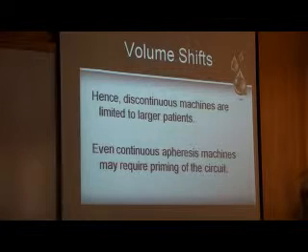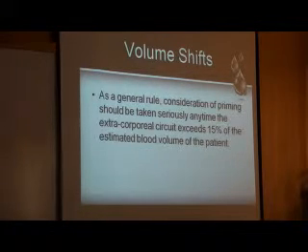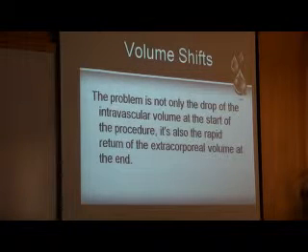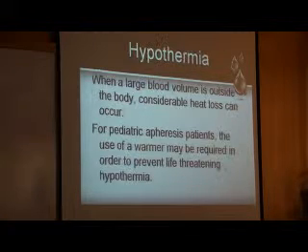Priming means I am going to fill the external circuit with backdrained blood cells. This is a mandatory process, especially if I am going to withdraw more than 15% of the total blood volume. Not only the withdrawal is a problem, the other problem is the rapid return of the fluid into the circulation. The machine withdraws it at a certain rate, but at the end of the procedure, it pumps it rapidly into the circulation, which places a volume overload on the baby's heart. That is a problem with the volume shift.